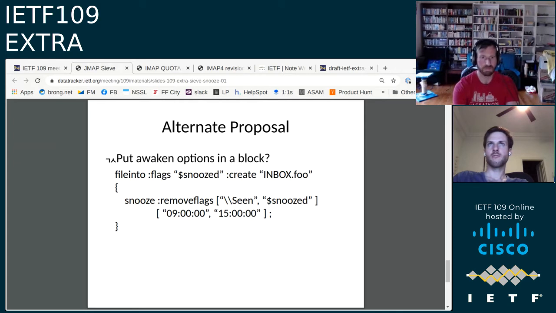I don't object to having it, but I can't imagine actually using it. And I can see if you don't use it very carefully, you're going to wind up getting some parts of a conversation delivered right away and others snoozed, which probably isn't what you really meant to have.